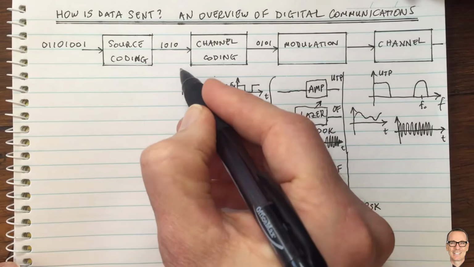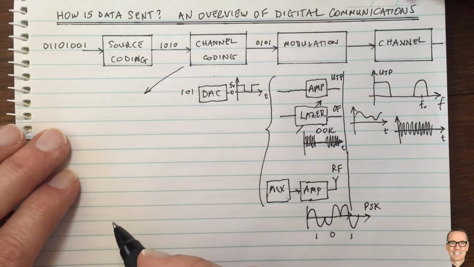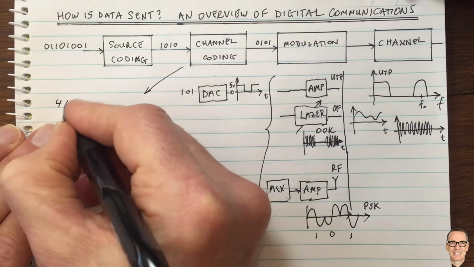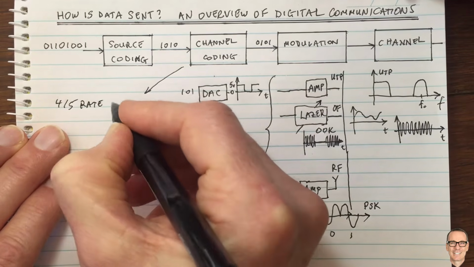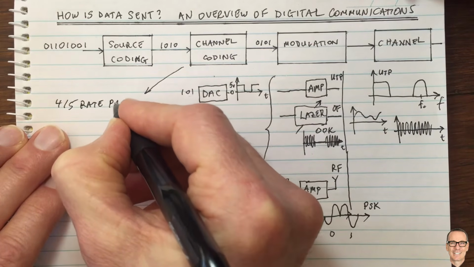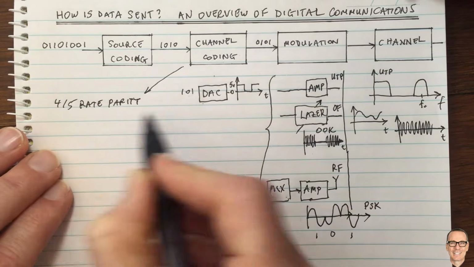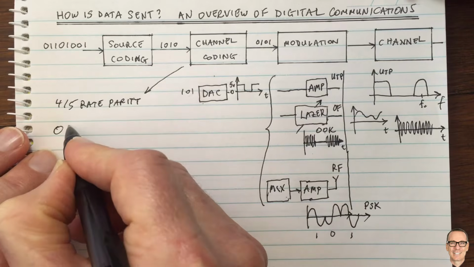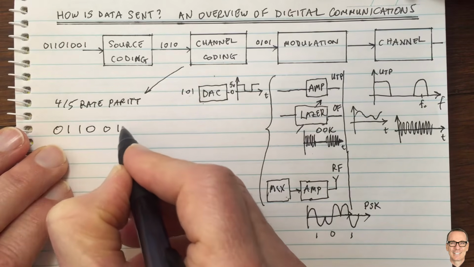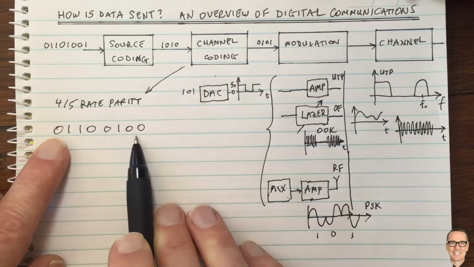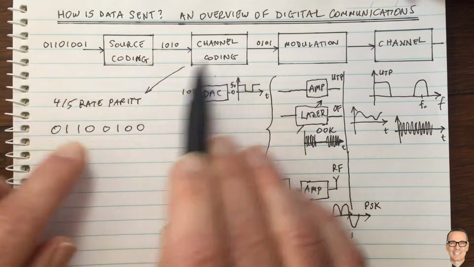I'll just give you one example of channel coding here to give a bit more practical insight into this. I'm going to talk about 4/5 rate parity check coding. So we'll just call this 4/5 rate parity, and I'll explain what that means here briefly. So let's say our data input stream here was 0, 1, 1, 0, 0, 1, 0, 0. Let's say, for example, this is the data stream coming into our channel encoder, the data stream we would like